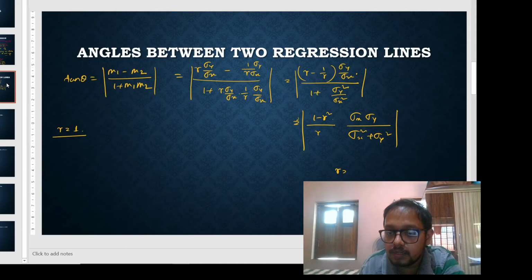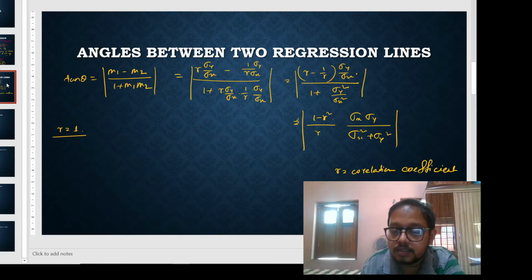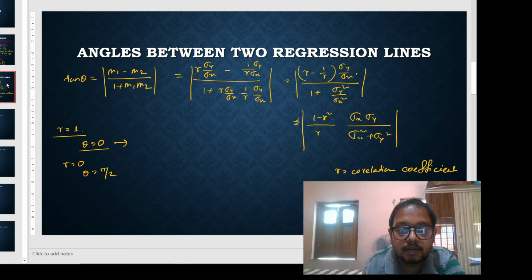and here this r is the correlation coefficient, and this always lies between minus 1 and plus 1. So when r is equal to 1, we can easily say that theta is equal to 0, and when r is equal to 0, theta is equal to pi by 2. That means here the regression lines are parallel to each other,